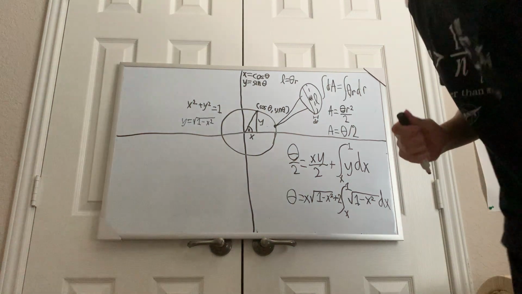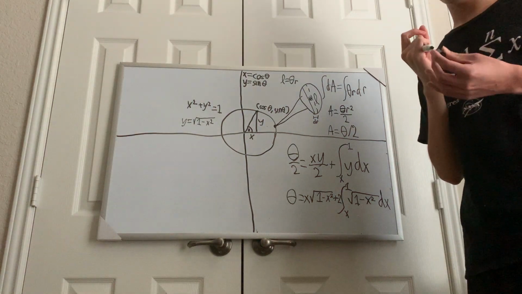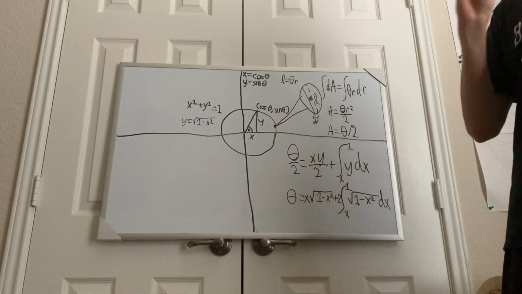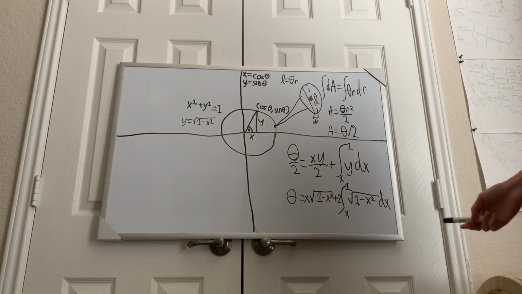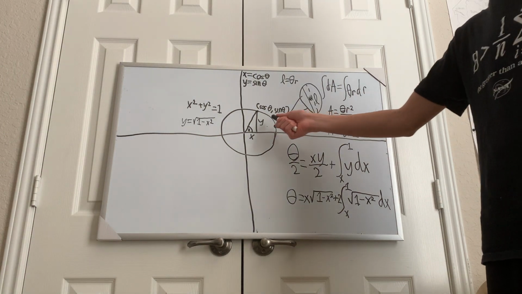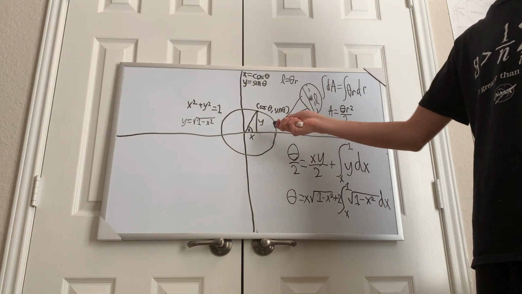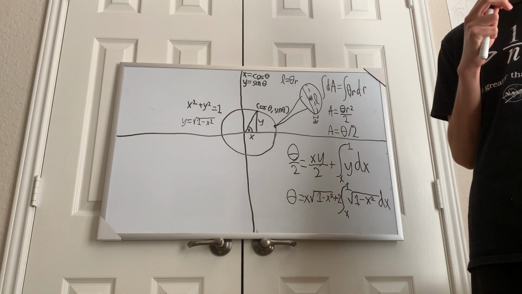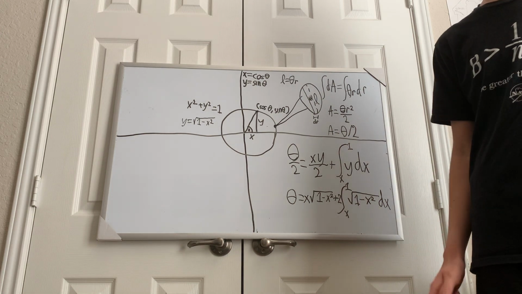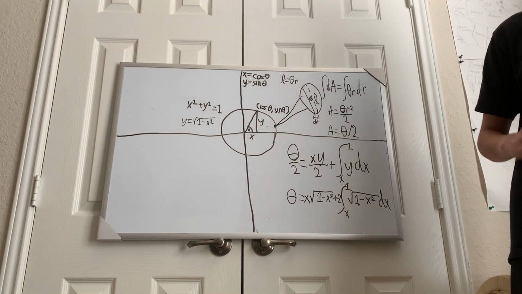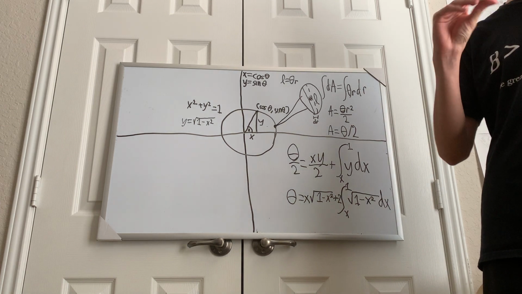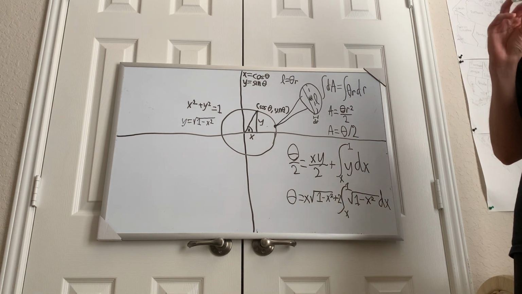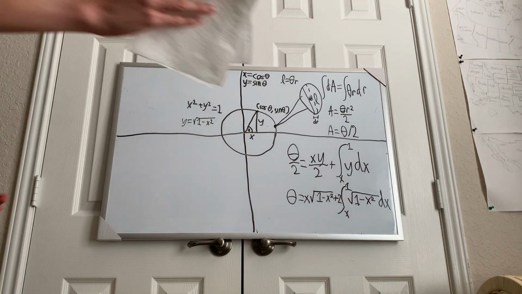And that's about as far as we can go with the integration, because a lot of this is beyond the calculus AB, since we can't integrate this the way we normally would in AB. Usually we would do pi r squared, but this is only a fraction of a circle, so we can't do that. Neither can we use BC techniques, because BC would usually use trig substitution, but as we said earlier, we don't want to find cosine in terms of another trig function. So we're going to avoid that, but what the integral ultimately comes out to